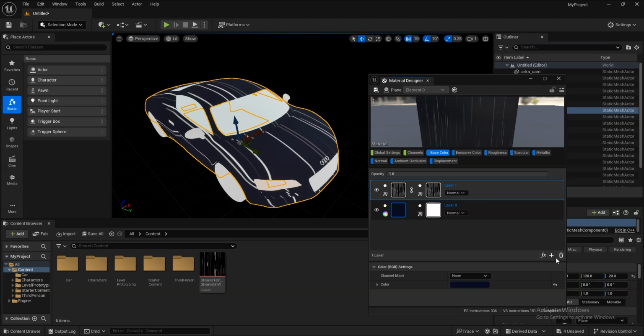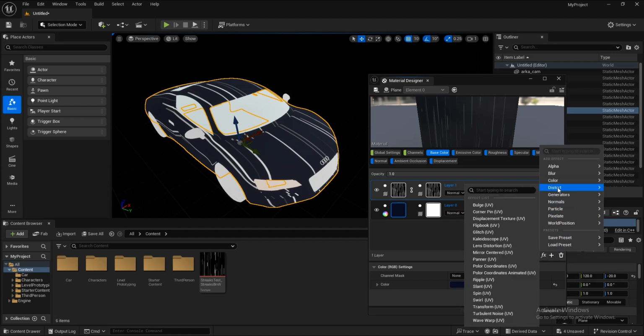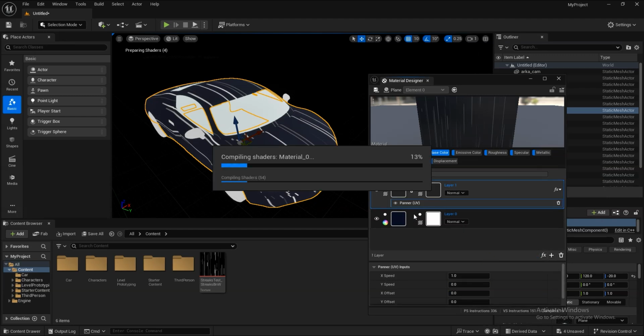So in this section you will find the delete option, the add layer option, and the second thing is the add layer effect. Actually this is the more effective part of this. So from here we can set distortion. Inside the distortion we can work with different things. So here I'm using only the panel right now. So this panel is going to work for the animation, right? So it is going to animate the